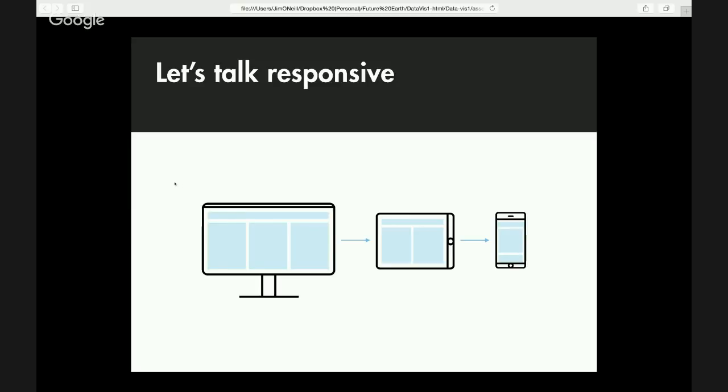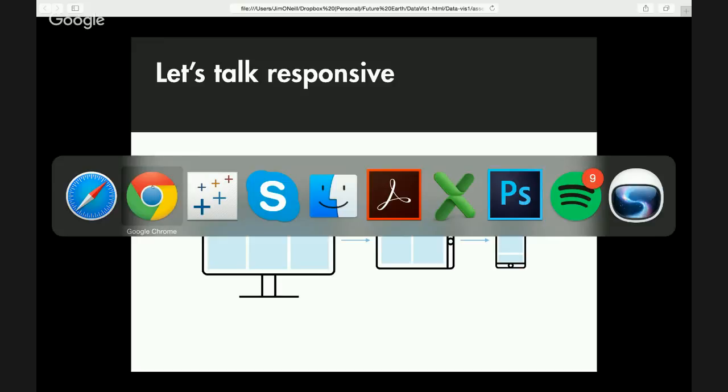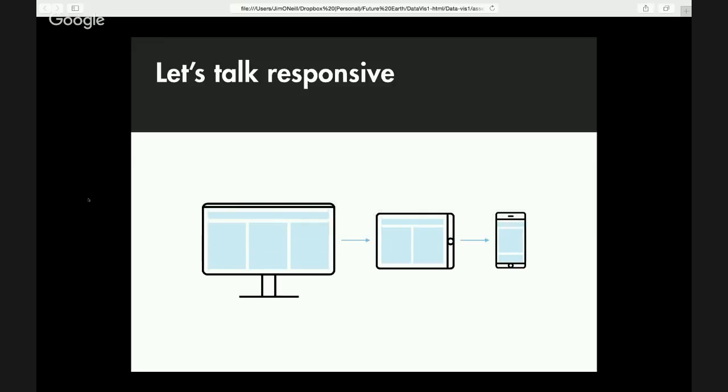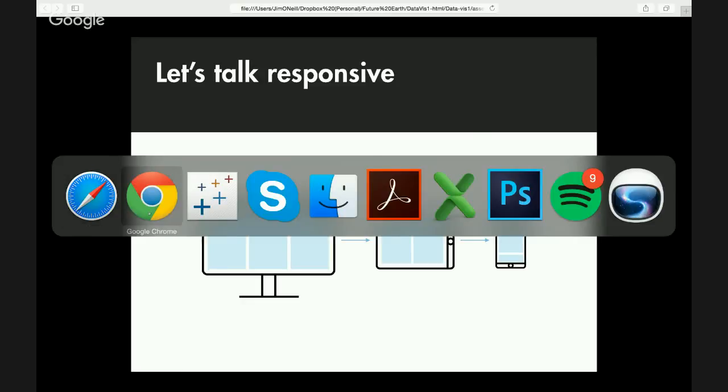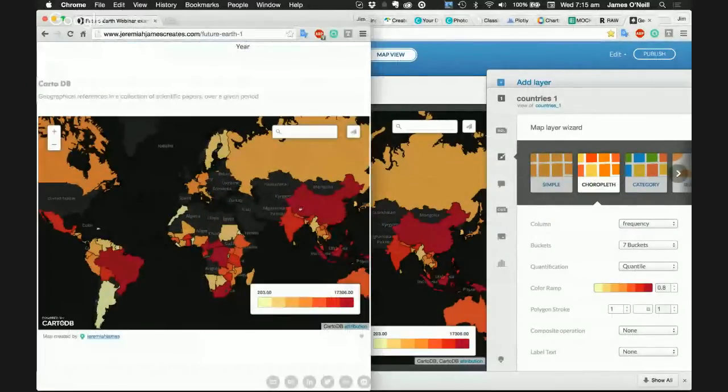Some of the tools that I've shown you today have responsive features, and some of them don't. It's up to you whether you want or need that responsive feature. Where possible, it's extremely handy to have, and a lot of you will probably have web platforms built in a responsive fashion. But let's have a look at some of these tools on my little testing site here. We can see which ones are and aren't purely by